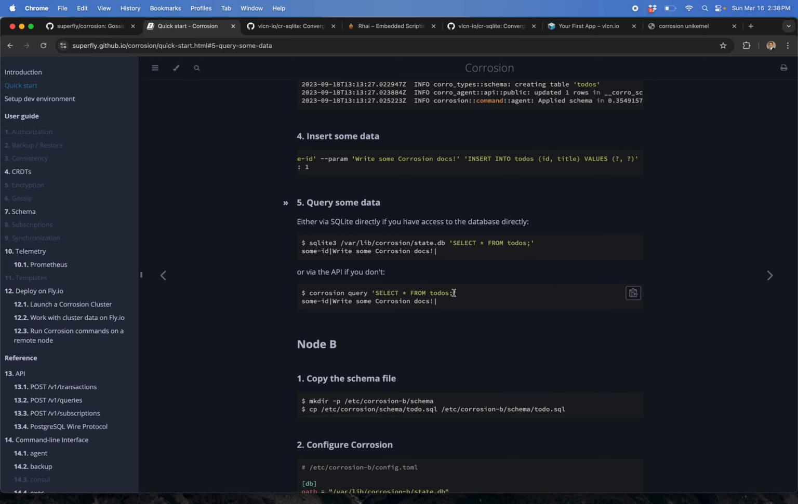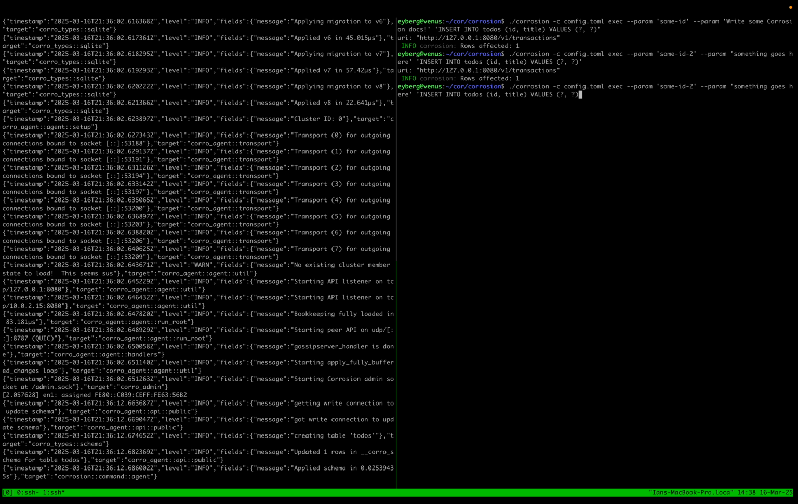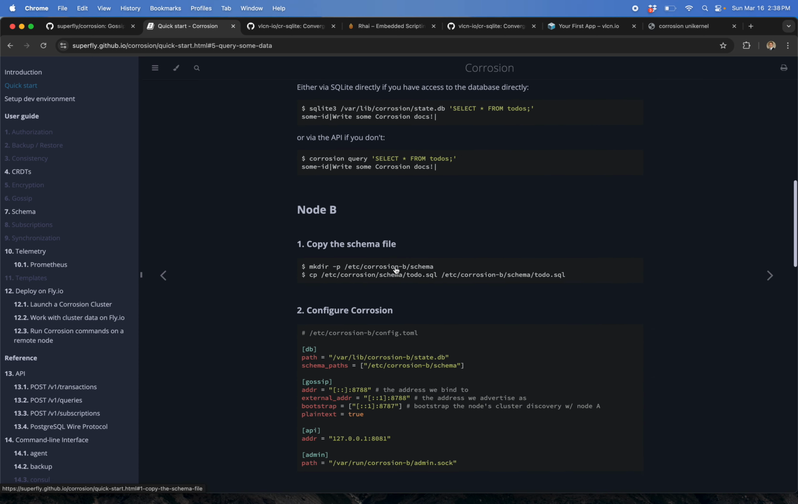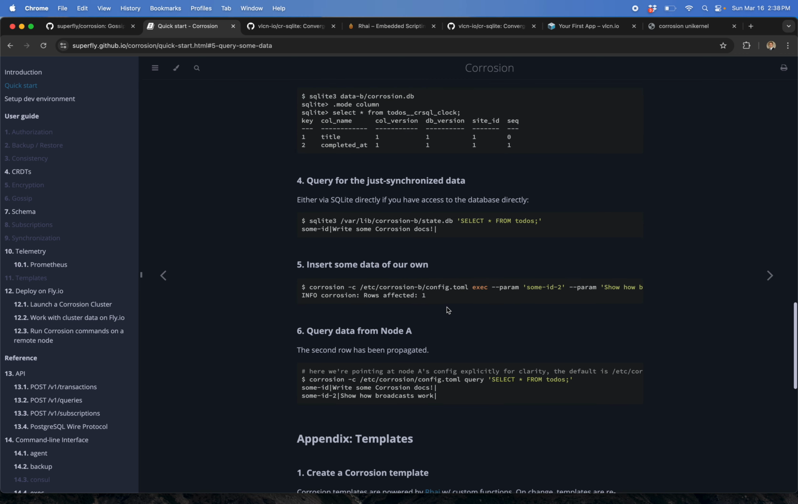It's pretty easy. We're just going to copy this, and it's essentially the exact same thing. We're going to set that config, do a query, select all from to-dos, and we see our stuff. Great. Now keep in mind, this is all going to go out to every node that's attached. All right, so we're going to pretend we set up this node B,